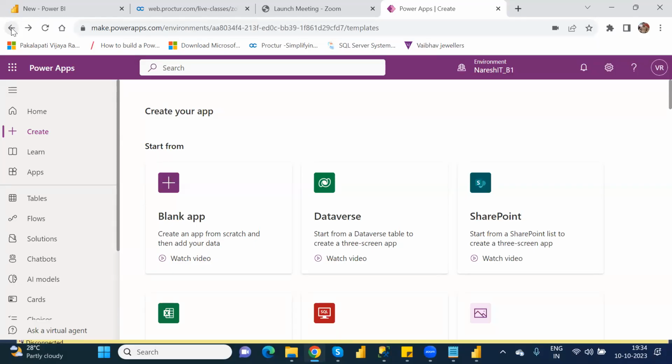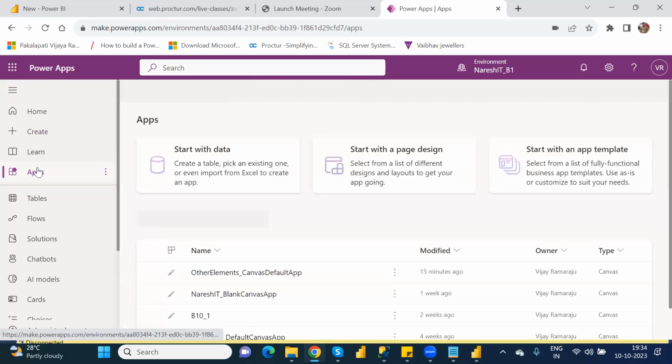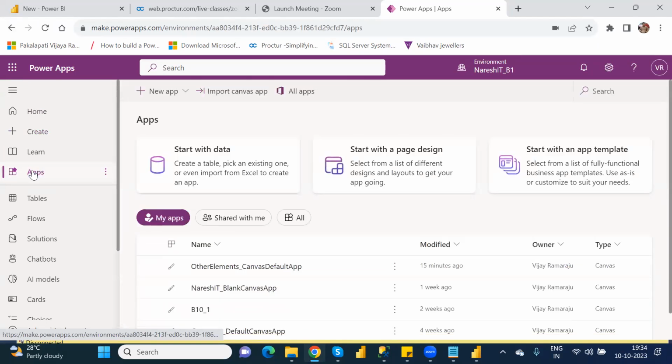Now see here, model driven app, we can create it. If you want to create a model driven app, there is a create option. Okay, and create in apps. Under the apps, go to the apps tab. Under the apps tab, there is a new app available, right? Under that particular new app, you will see